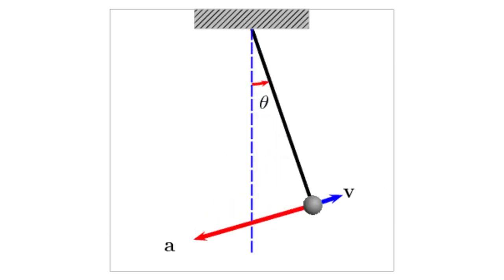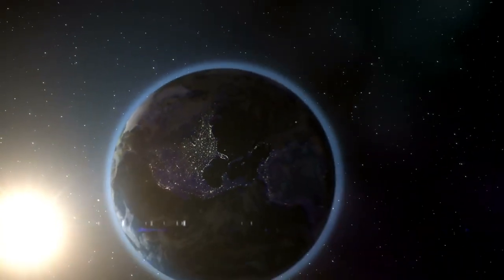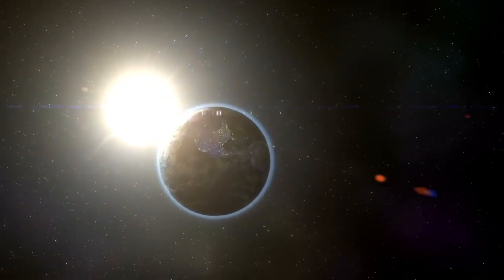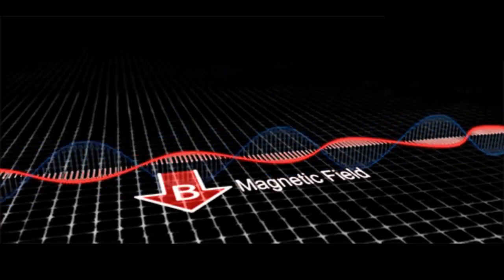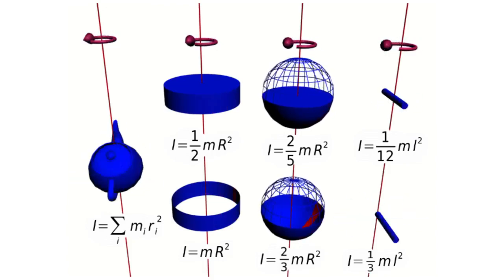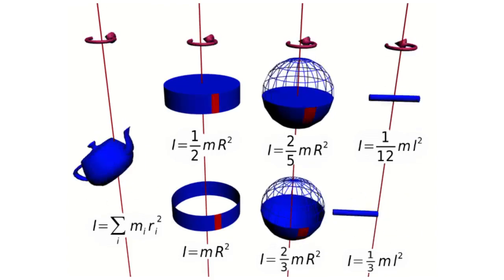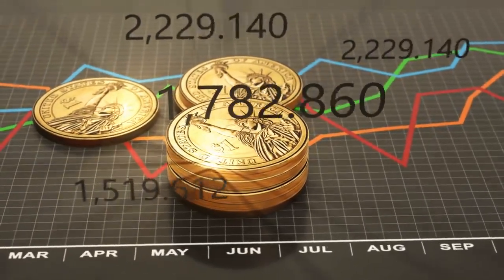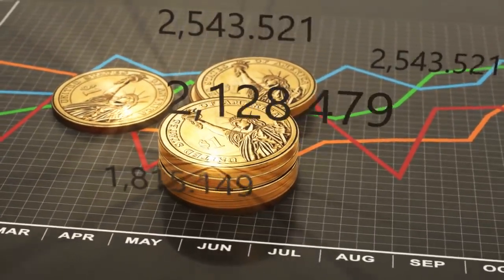This gave us much more powerful insights into the motion of planets and how they change their speed throughout an orbit. Then the motion and behavior of electromagnetic waves is expressed through calculus. Moment of inertia, or essentially an object's resistance to rotation, is calculated using calculus techniques. And calculating the work done on a particle moving through a complex vector field requires calculus. Calculus is used within economics and maximizing profit, chemistry and calculating diffusion rates, and so much more.